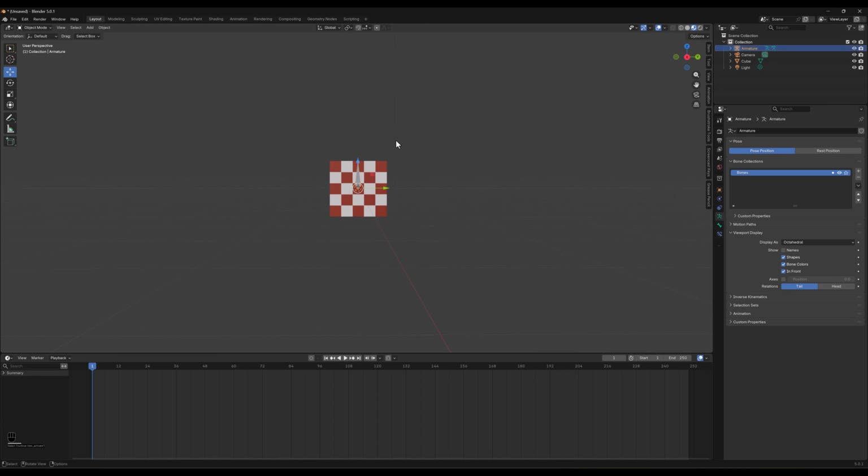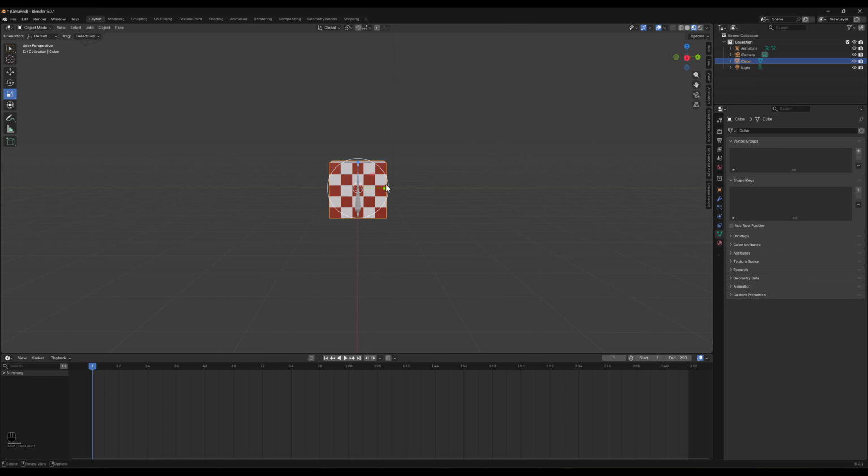Before I attach the armature to the cube, I do want to get it lined up properly with the object, so I'll pull it down and let's scale it up a little bit so it goes all the way to the top. There we go. Now with that done, we can see the armature is now in the center of the cube. Let's select the cube